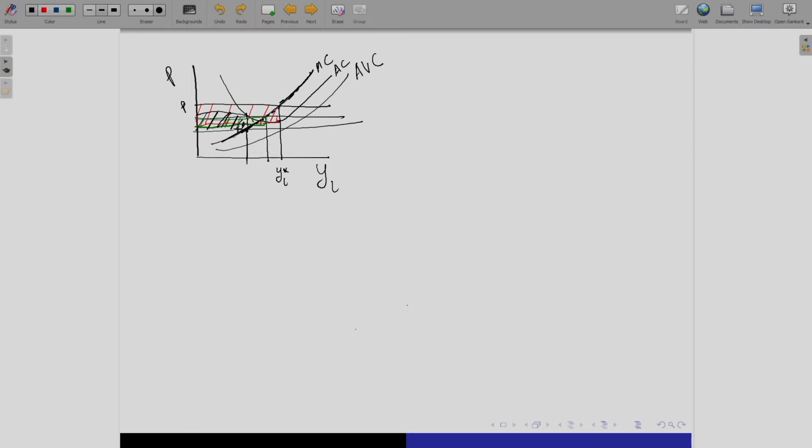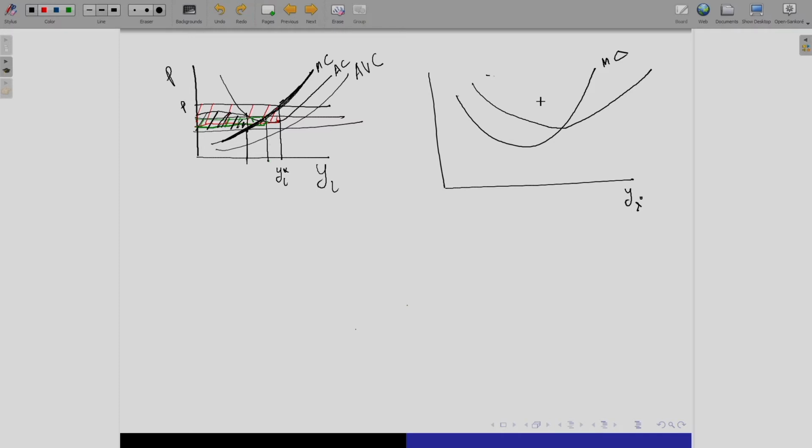Now, we get that the supply curve is the marginal cost curve of the firm. But is it the whole marginal cost or some portion of the marginal cost? From the shutdown condition that we did in the last class, we get that only the marginal cost curve which lies above the average variable cost is the supply curve. Suppose the marginal cost curve is of this nature, then the average variable cost is of this nature, and suppose the average